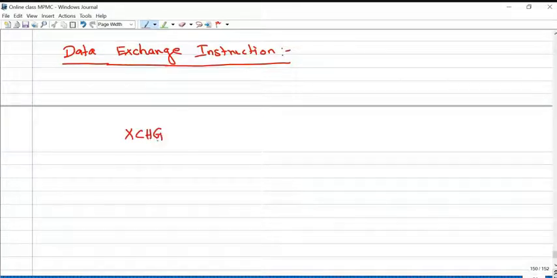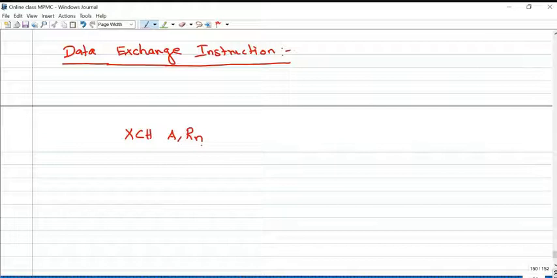XCH is an instruction. XCH A comma Rn. So this operation is possible. We can exchange the data between accumulator and any RAM register.